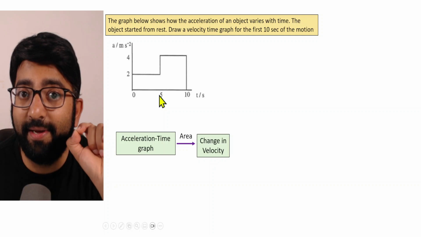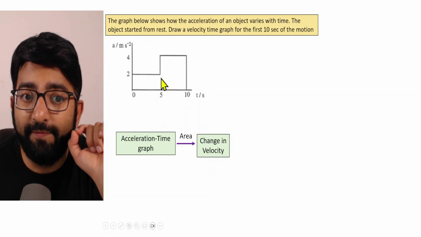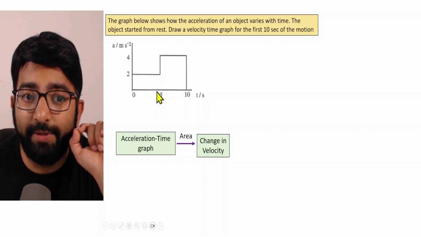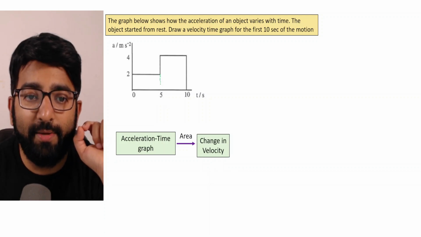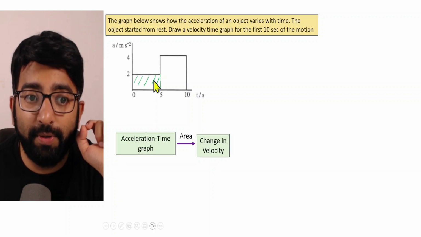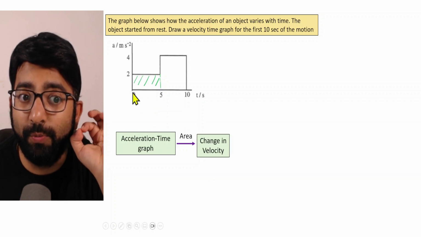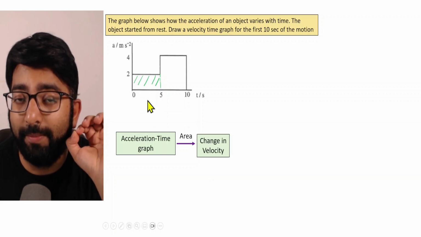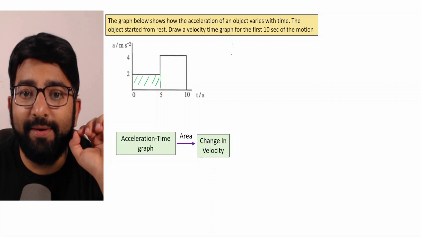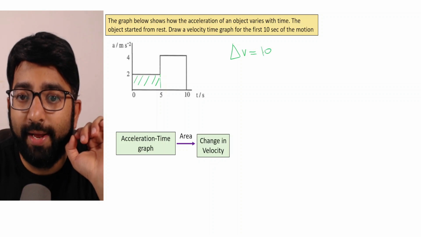Let us try to find the area under this graph. So from this point, which is at t is equal to 5, if we draw a dotted line perpendicular to the x-axis, let us draw that line. And then we are supposed to find the area of this rectangle. Now, the base of this rectangle is 5 units and the height of the rectangle is 2, which means the area is 5 into 2, which comes out as 10. Hence, I can write the change in velocity from 0 to 5 seconds is equal to 10 units.